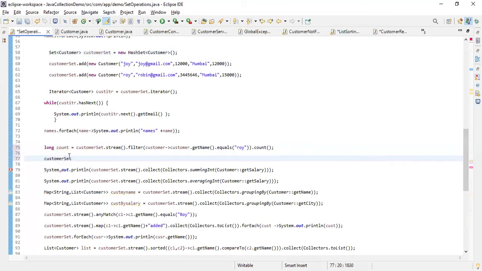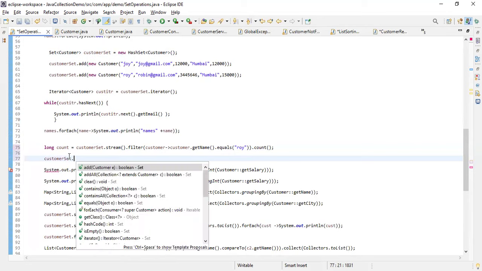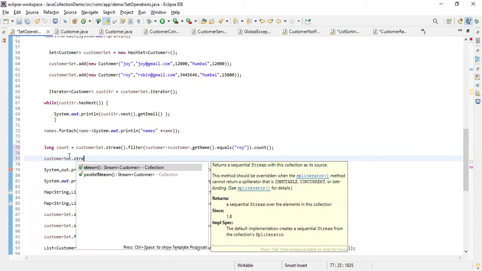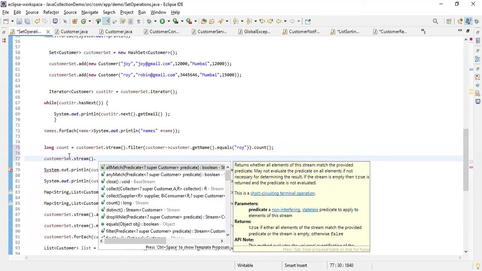Now, another thing is that if you wanted to have any match here, dot stream, then dot allMatch or anyMatch. With allMatch, all the elements must match the parameters, and then you can use allMatch. With anyMatch, it is enough if one condition is satisfied. It is also taking a predicate here. Correct.